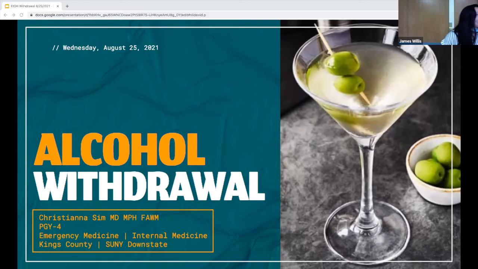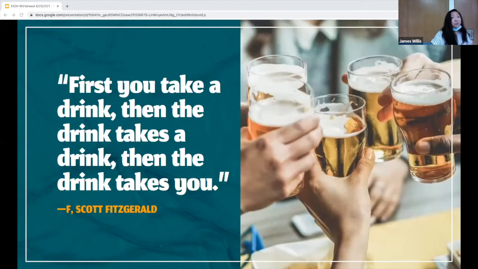So we're gonna make this smooth transition from wellness to alcohol withdrawal. This is the EKG Pharm Rads lecture, so I'm mostly gonna try to focus on the treatment of alcohol withdrawal. Of course, we get a ton of patients in the ED with alcohol use disorder and withdrawal symptoms. So this might be a little bit of review for a lot of you, but I wanna include some things